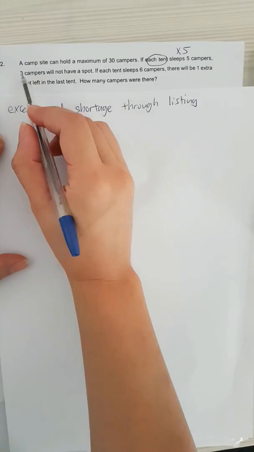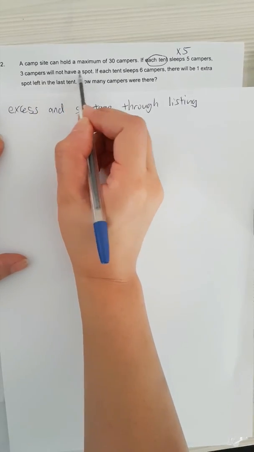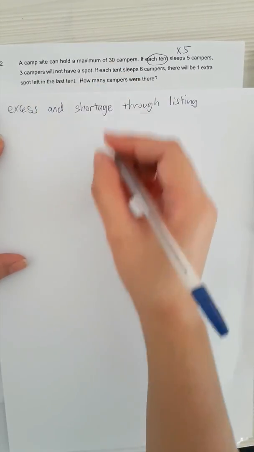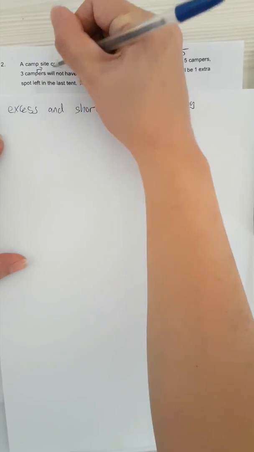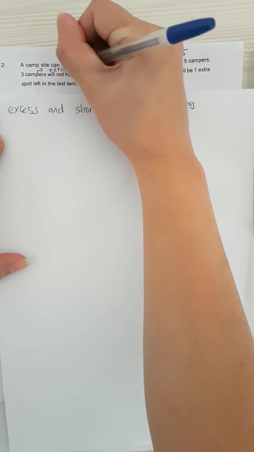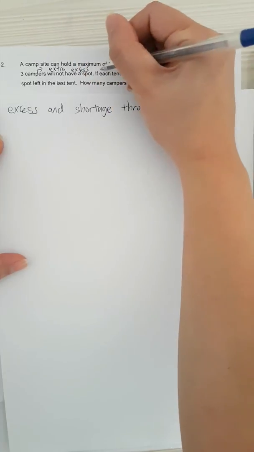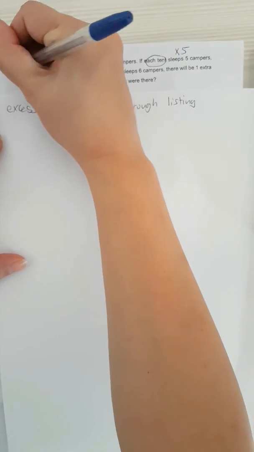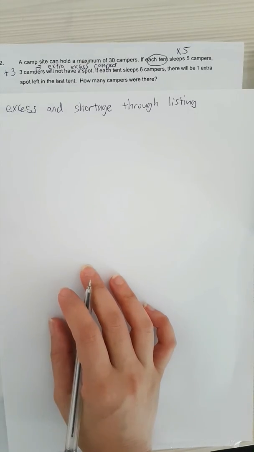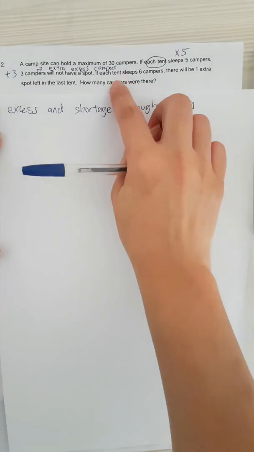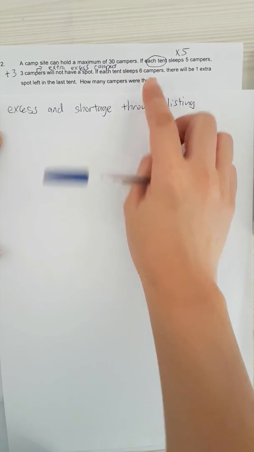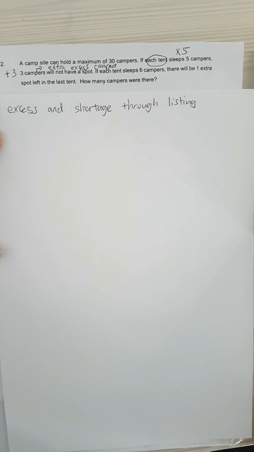Now, 3 campers will not have a spot. If 3 campers will not have a spot, it means you have extra or excess campers. Because of this, you have to plus 3. Next part, if each tent sleeps 6 campers, 1 tent is 6 campers, 2 tents will be 12